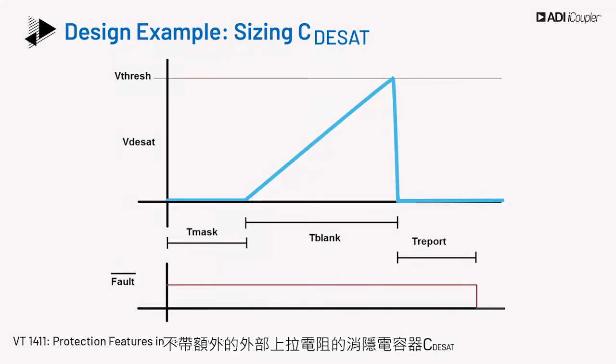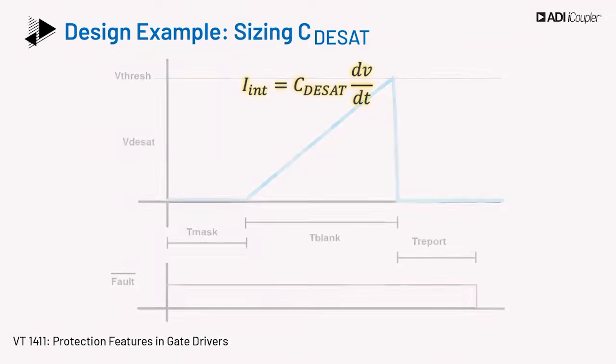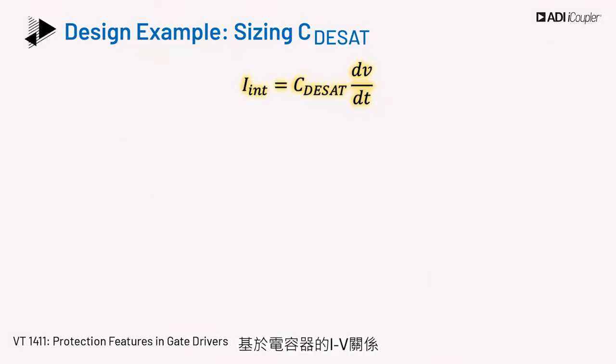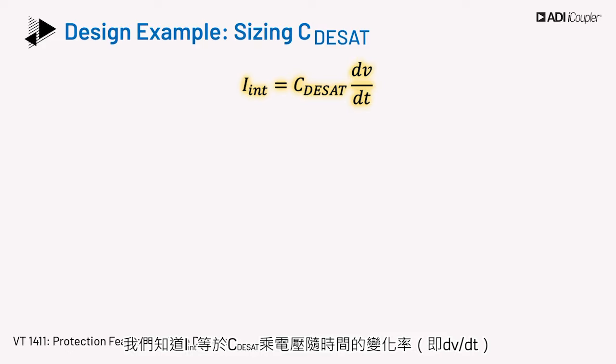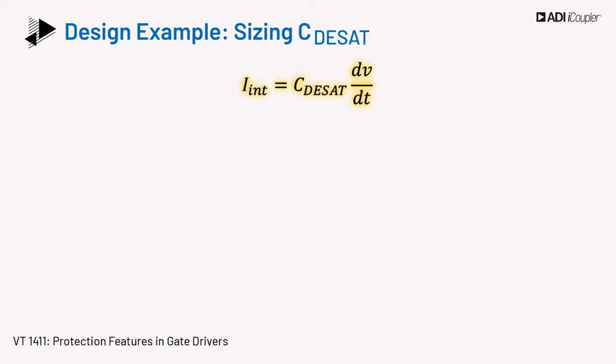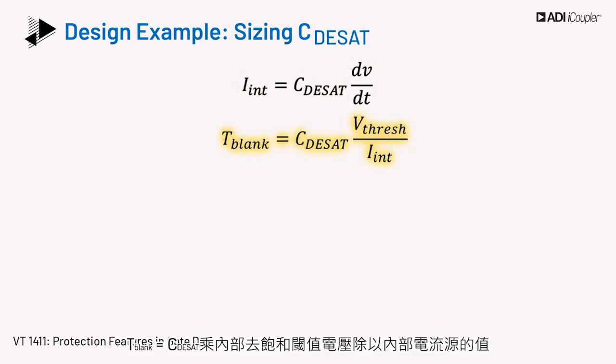A blanking capacitor CDSAT without an additional external pull-up resistor is charged linearly with an internal precision current source. From the capacitor IV relation, we know that INT equals CDSAT multiplied by the rate of change of voltage over time. In other words, dV divided by dt. This can be written as T-blank equals CDSAT times the internal DSAT threshold voltage divided by the value of the